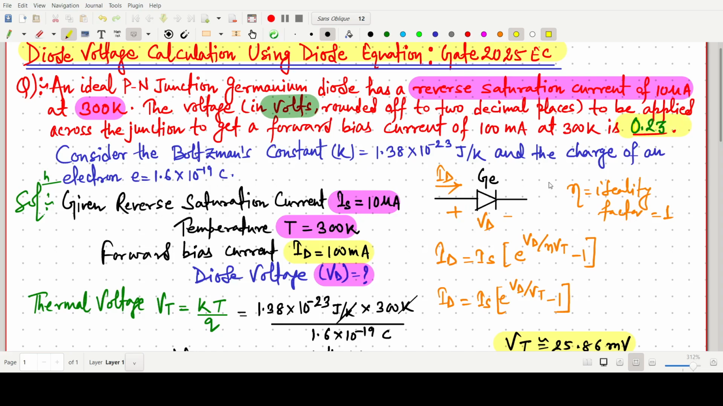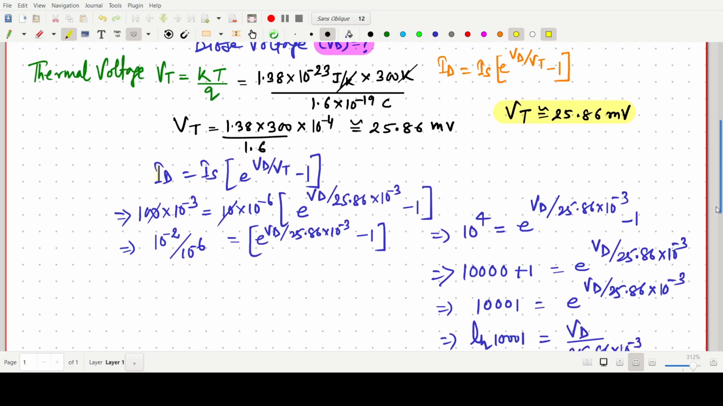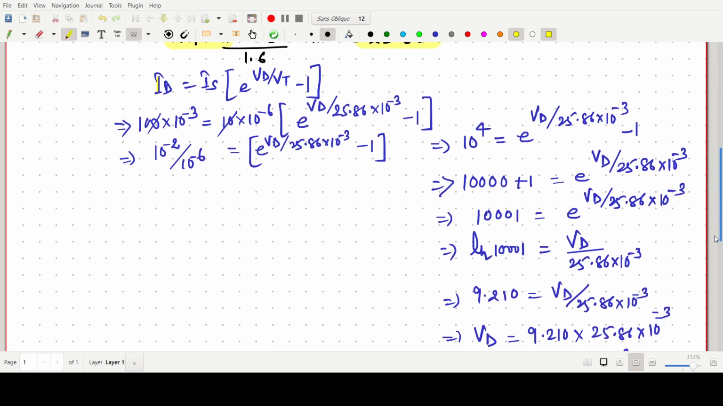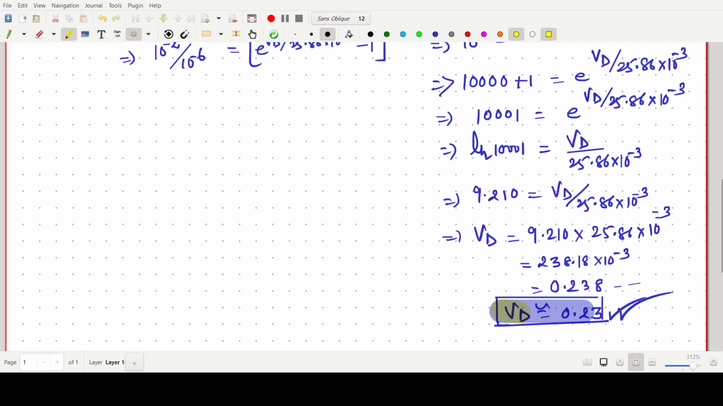Okay, so this one is simple one, but we have to be careful about the calculation. We have to find the value of VT, thermal voltage, kT by q. Okay, then we have to find the overall VD by just going step by step. So finally what we will get for this